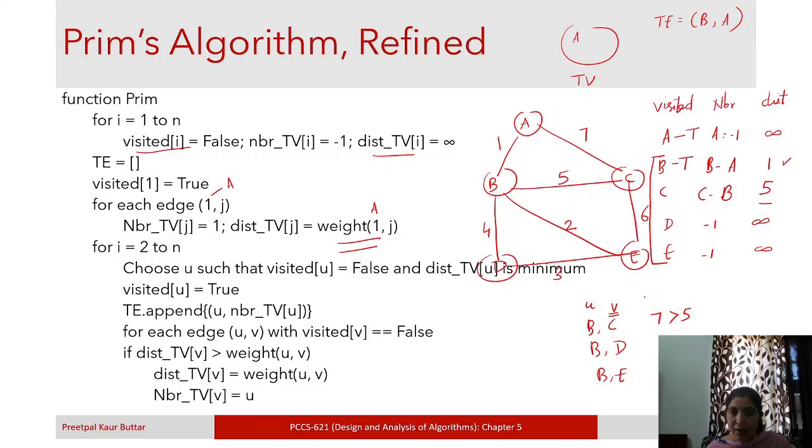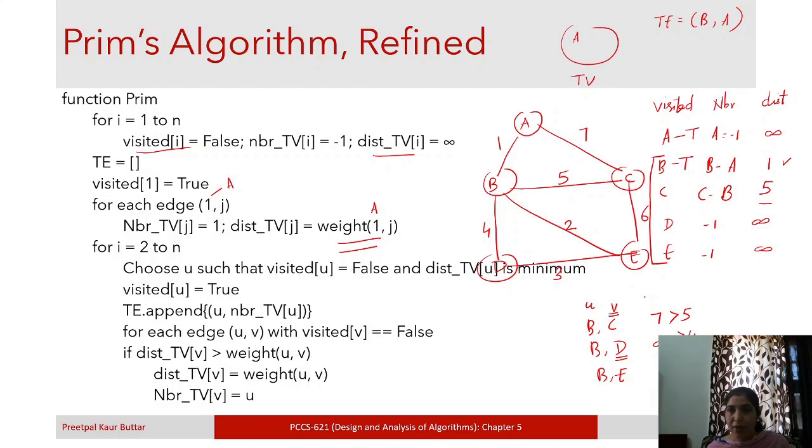And similarly, now we let v be D. Okay. So we are considering B comma D. So B comma D, the distance of D from TV, it was infinity, and the new distance is 4.